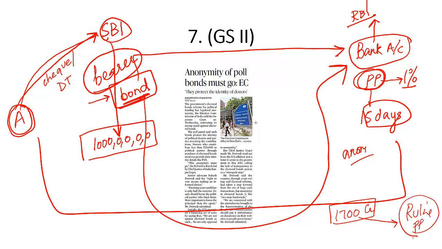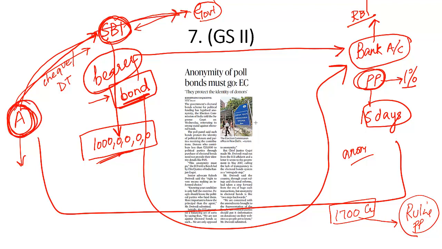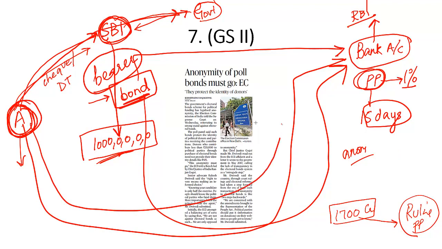How? This is where the deeper problem with the electoral bonds lies. This is a government, and State Bank of India is a public sector undertaking. So if this company A wants to buy this bond, State Bank of India officials can communicate this to the government, that there is a particular individual who has bought an electoral bond worth 1 crore rupees. That means who will come to know about the identity of this donor? The government.